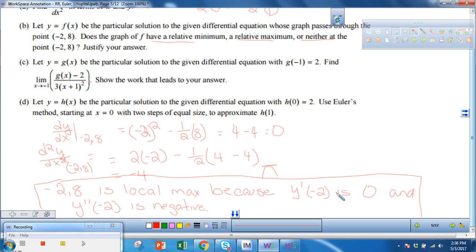It's a local max, and you had to state that the first derivative was 0 and the second derivative was negative. Because in order to use the second derivative test, you have to make sure that both parts of the test are true. You also could not have used